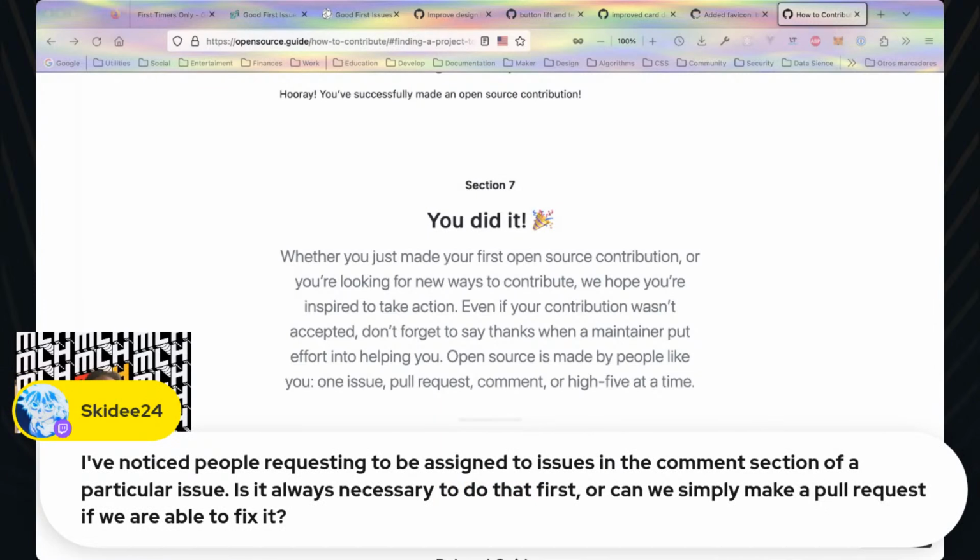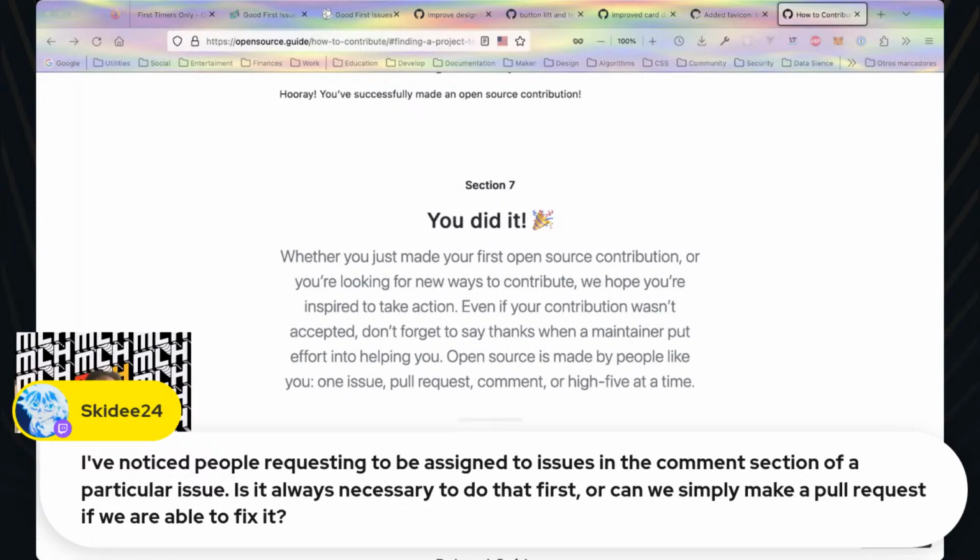I've noticed people requesting to be assigned to an issue in the comment section of a particular issue. Is it always necessary to do that, or can it be simply made as a pull request if we are able to fix it? I will say that for things you know for sure you can do, just fix it and make the pull request.